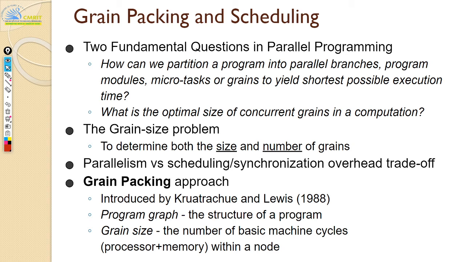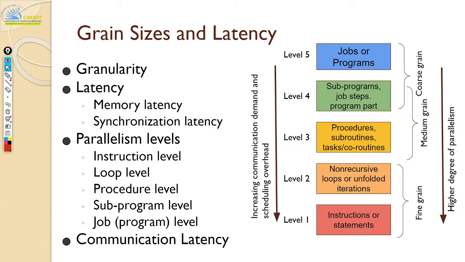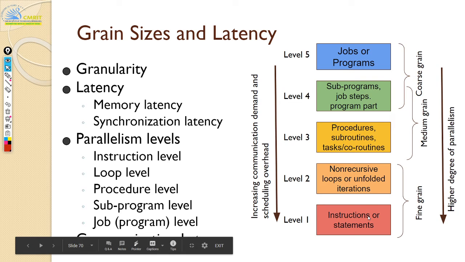Why? It's because it's easier to do the scheduling at the higher granularity level. If you take the previous example, it's easier for me to say, okay, this job runs on this processing element. It's easier to track that way. You have a PID and you just have to track that PID, and that will take care of everything. But if you have to track at instruction level, the overhead becomes more.